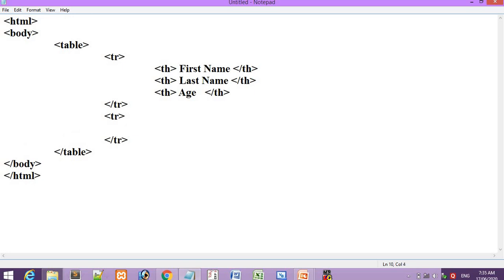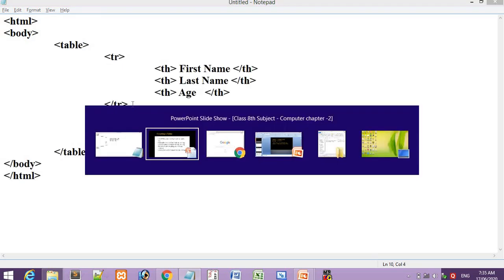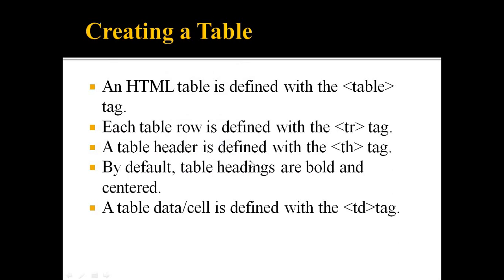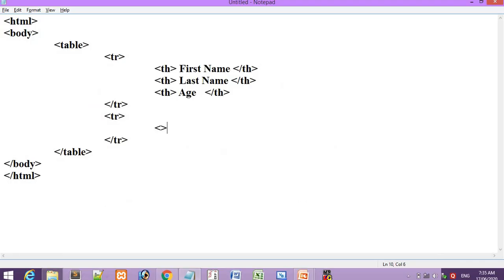क्या देना है फिर टेबल के अंदर, अभी ये फर्स्ट नेम के अंदर नेम्स आएंगे, लास्ट नेम के अंदर आपके सरनेम आएंगे, एज के अंदर एज आएगी. ओके, मतलब डेटा आएगा. तो फिर डेटा देने के लिए हम कौन सा टैग यूज करते हैं, for giving data in our table, which tag we use, the td tag. कौन सा टैग यूज करते हैं, td टैग. So here I am using my data td.